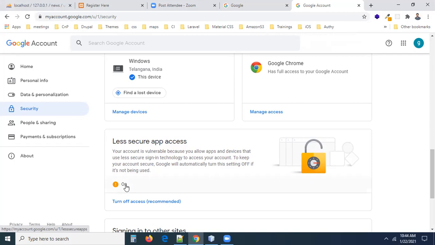This is enabled, this is on. By default, it will be off, guys. You have to turn it on. It will give you some notices while you are turning it on, no problem. Once your functionality is done, you can turn it off, no problem, guys, right? So this is all done.